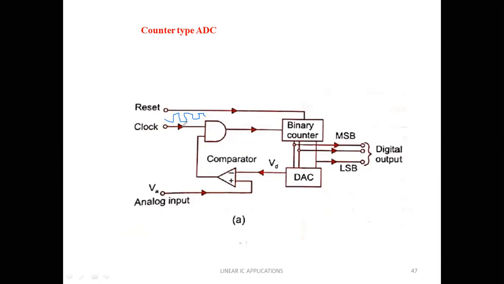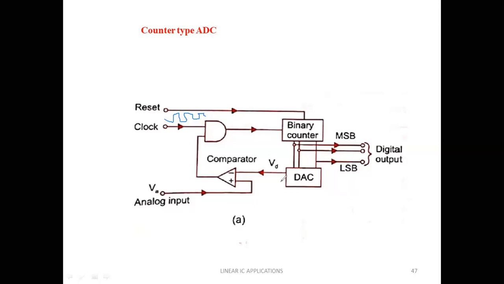In case of 4 bit, the output may be 0 0 1 1. If it is a 3 bit counter, simply 0 1 1. If the number of pulses is 4, for 3 bit it is 1 0 0, and for 4 bit it is 0 1 0 0. That is called an n bit counter, where n is the number of bits.